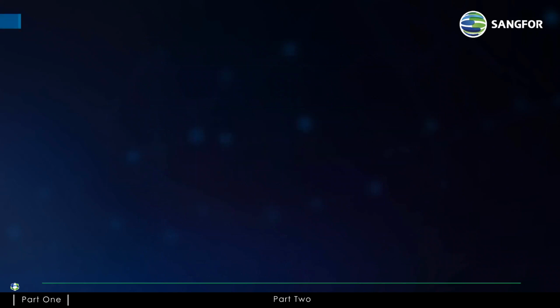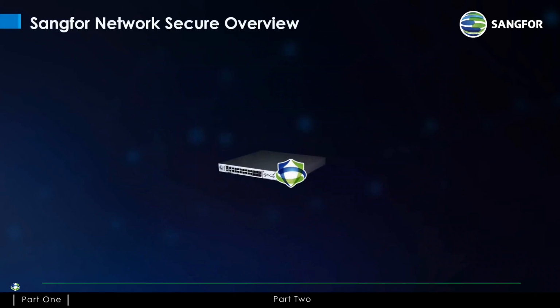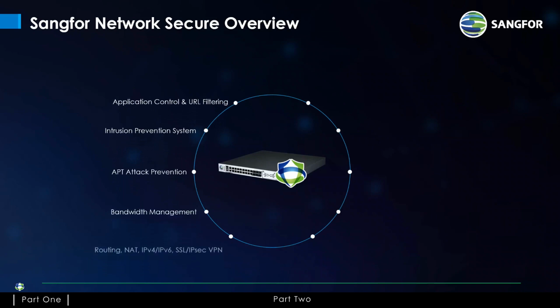Previously, some of you may know we have a product called NGAF. SANGFOR Network Secure is an upgraded version of NGAF. It's a new brand name with new capabilities. But anyway, both products are next generation firewalls. So every next generation firewall, SANGFOR and others, has the same set of basic capabilities, including application control, URL filtering, intrusion prevention, APT, bandwidth management, and all the routing and VPN